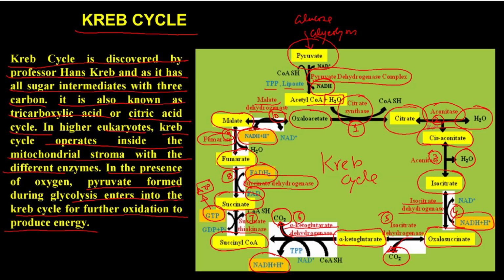This citrate will then, in the presence of aconitase, form cis aconitate. The cis aconitate, again in the presence of aconitase, will form isocitrate. This isocitrate, at every step, if you can see,